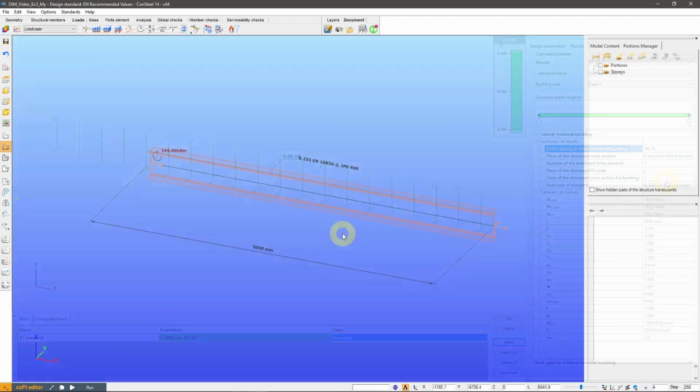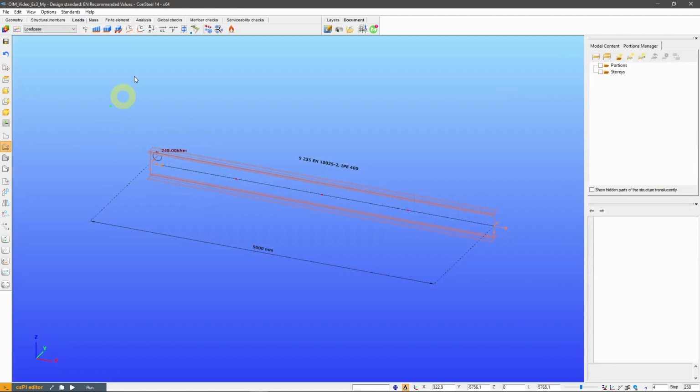Let's add some complication to this model and have a linear moment distribution instead of a uniform one.